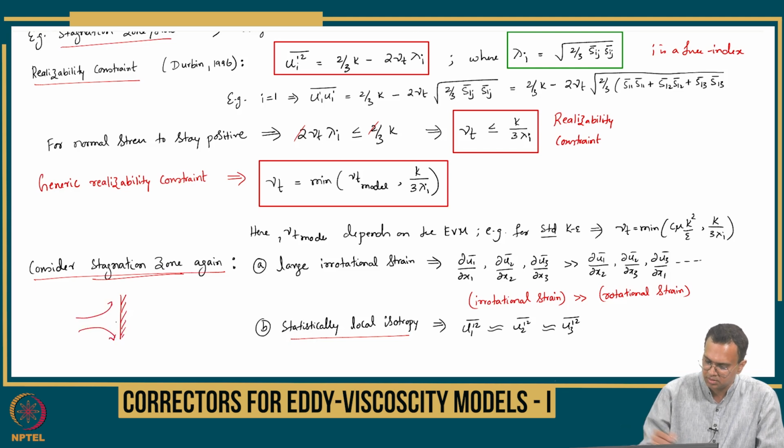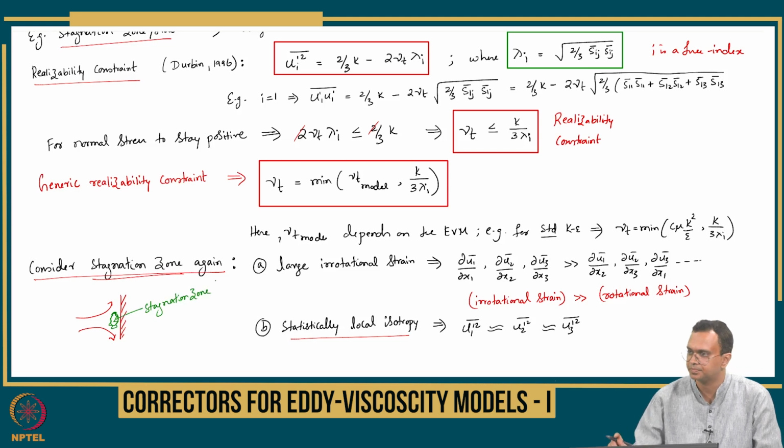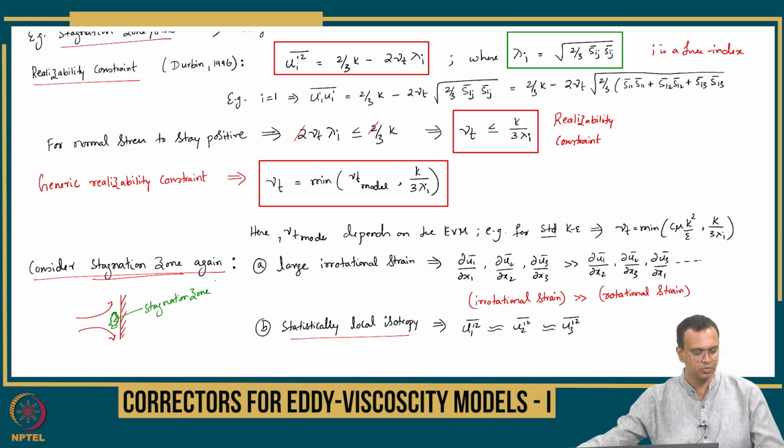So this is this kind of area here, right? The stagnation zone. So you get this issue. So if I have these two now,